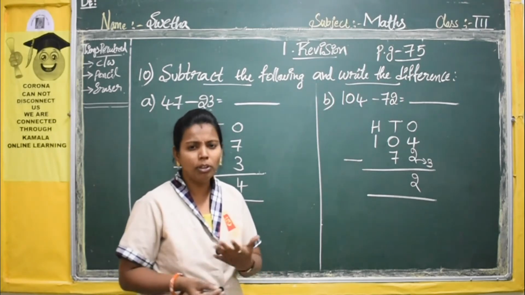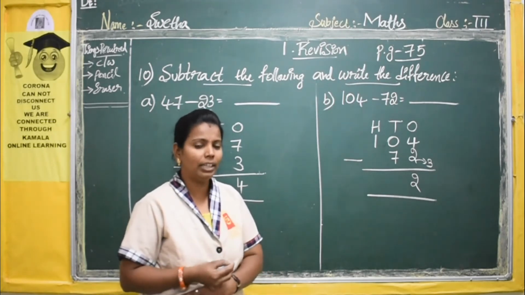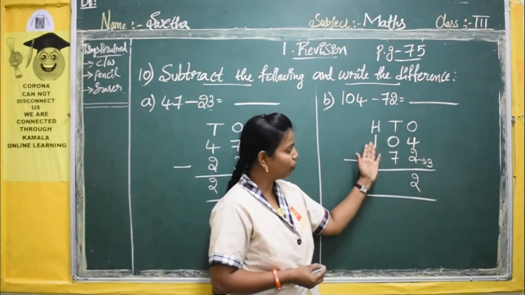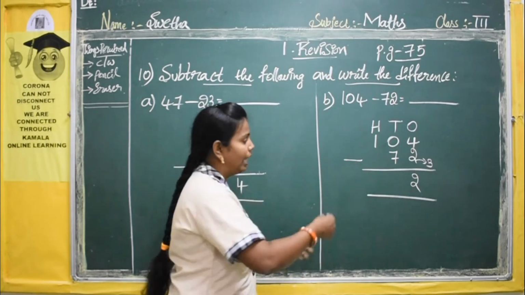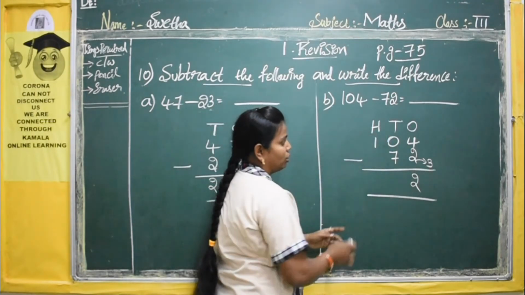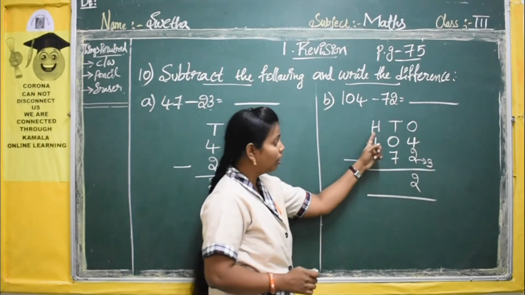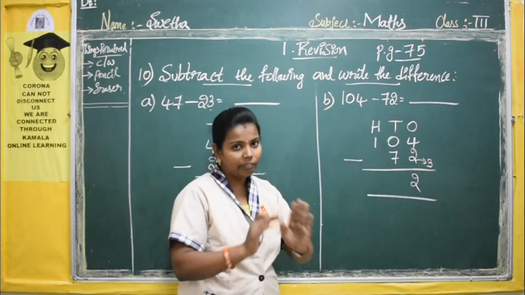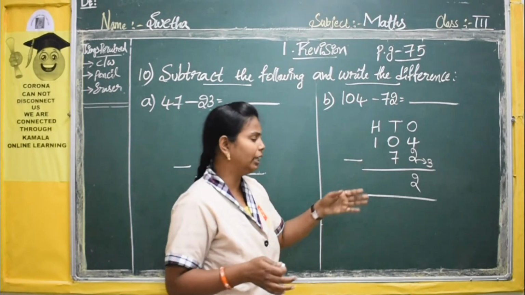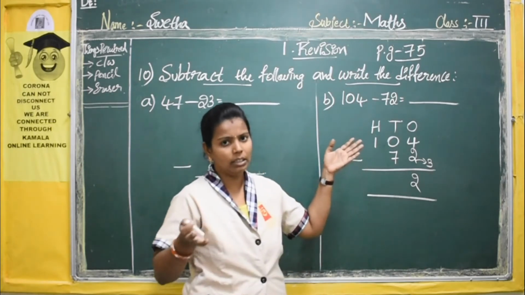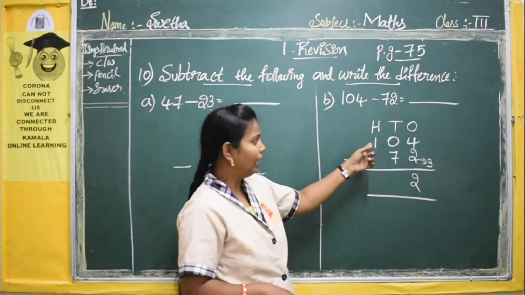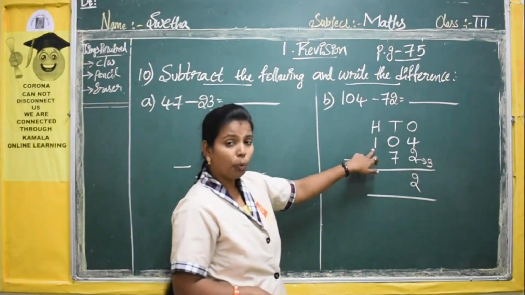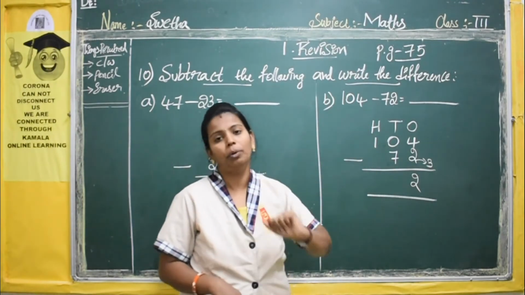Yes, in your home also you will help your mother in many ways. So here also, if you don't have a number here, you will take help from the number before. Help in the sense of borrow in subtraction. So here what is the number? Here you have 1. Okay. So whatever the number may be, 2 or 3 or 5 or 7, if you have any number, you have to take only 1 from that number.